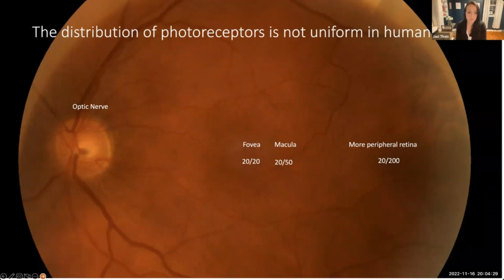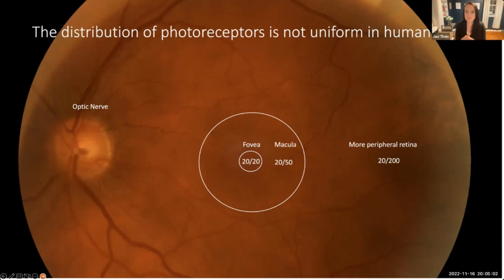But because the human anatomy has a central area in the fovea that's high density of cones, which is what enables us to have high spatial resolution and the ability to see 20/20, we need eye movements so that we can point our fovea at what we're looking at. And we know that when the visual image or the light that we're focusing from the lens onto the retina, if it's not perfectly on the fovea and it's parafoveal or into the macula, that our vision starts to decline. And we can see this clinically with our patients who have macular degeneration, because you've seen those patients where they've